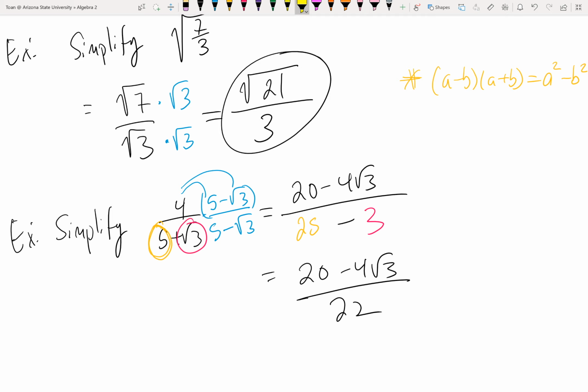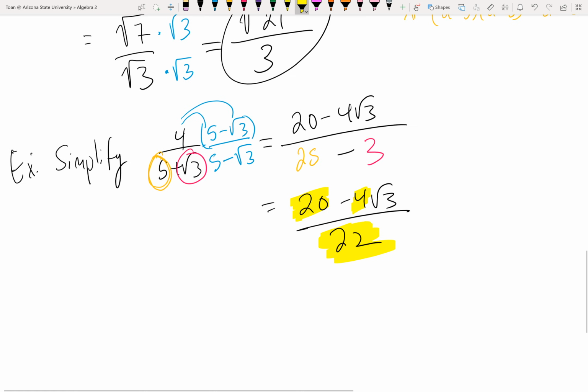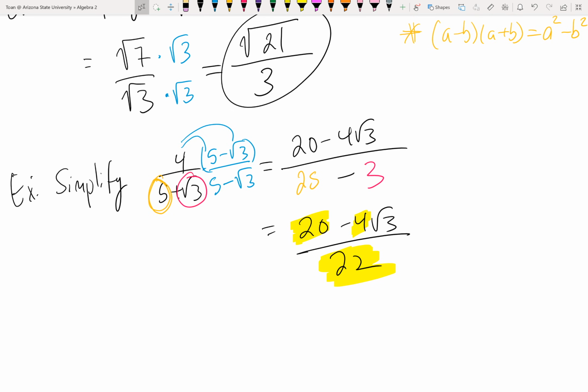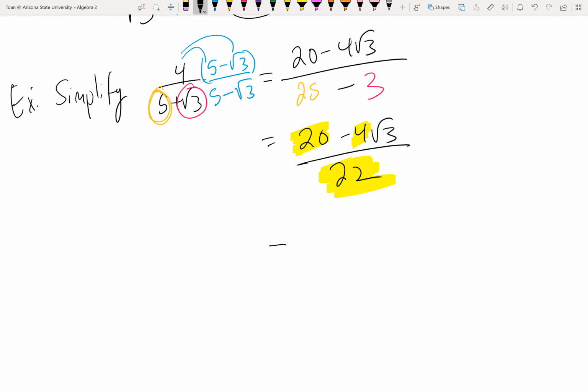Don't get so focused on the inside numbers. You have to look at all of the outside numbers at the same time. It's all or nothing. I asked myself, is there a number I can divide out from 24 and 22? Of course, the answer is yes. I can divide everything by 2. So my final simplified answer would be 10 minus 2 rad 3